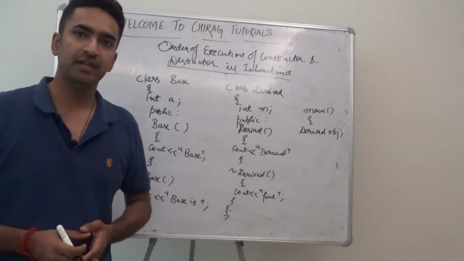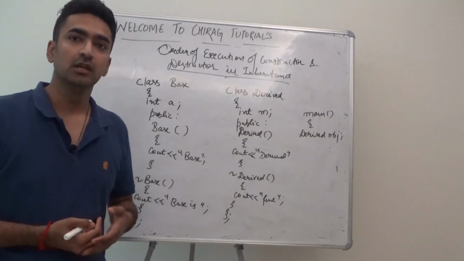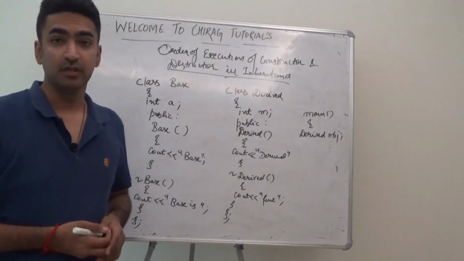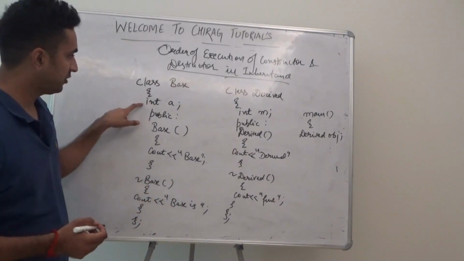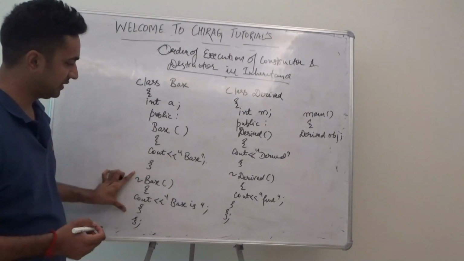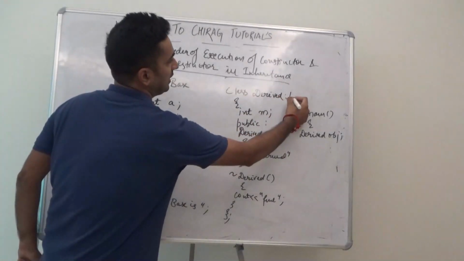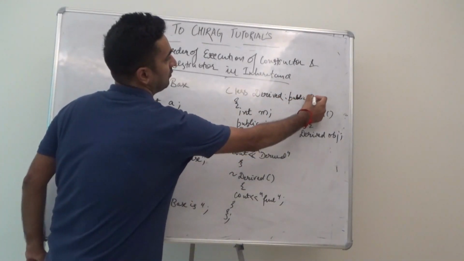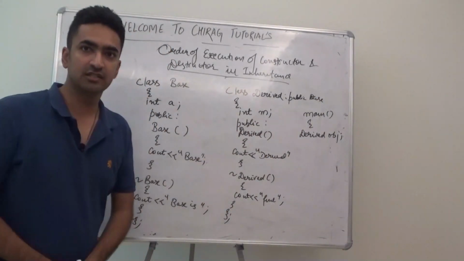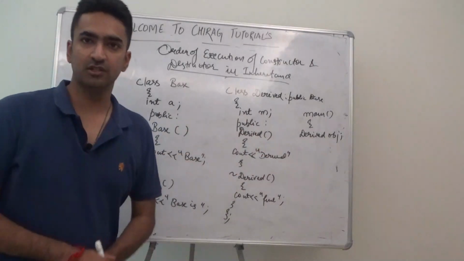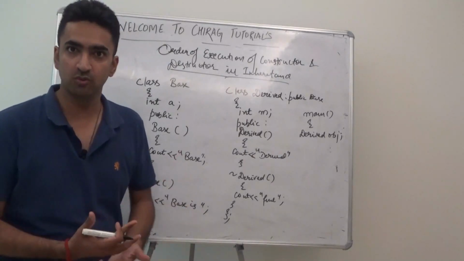In this video we will be discussing the concept of order of execution of constructors and destructors when inheritance takes place. Now over here we have a base class, with a data member, a base class constructor and a base class destructor. We have a derived class which will publicly inherit from the base class, and we have a derived class constructor and derived class destructor, and we are just creating the object of the derived class. That's what we do, because we always create the object of the derived class, which refers to both of them.